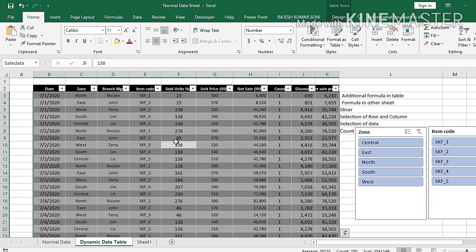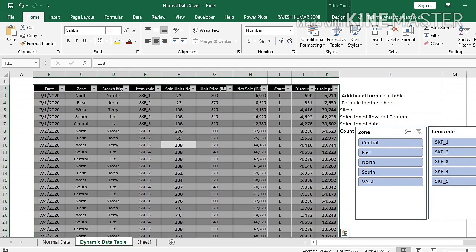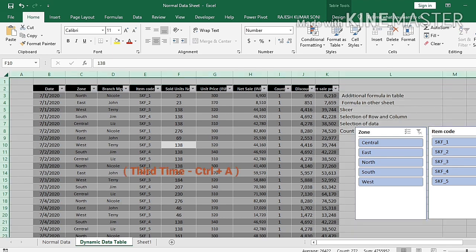It will only select the data part, not the header and not the total row. And we again press Ctrl A, then it includes them. Let's check here. Now all the data has been included. Now the third time you press Ctrl A, then the entire sheet will be selected. So whatever you want to select, you can do it by pressing Ctrl A 1, 2 and 3 times.